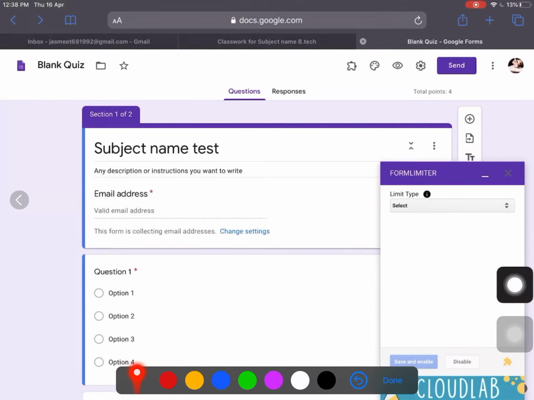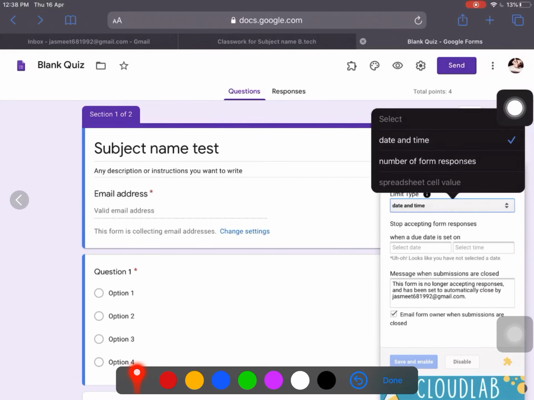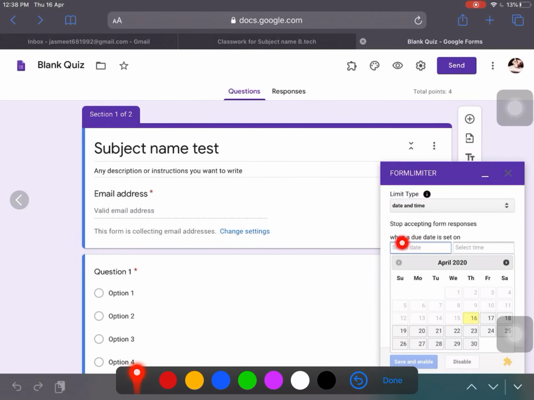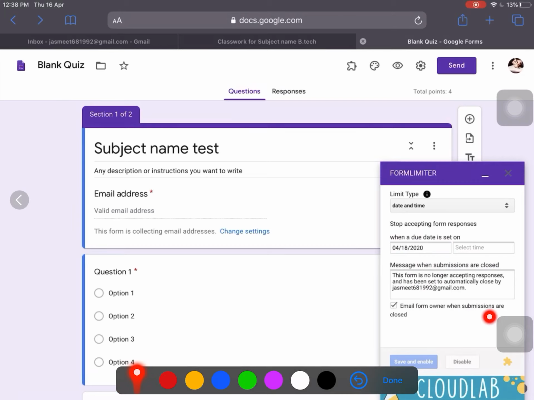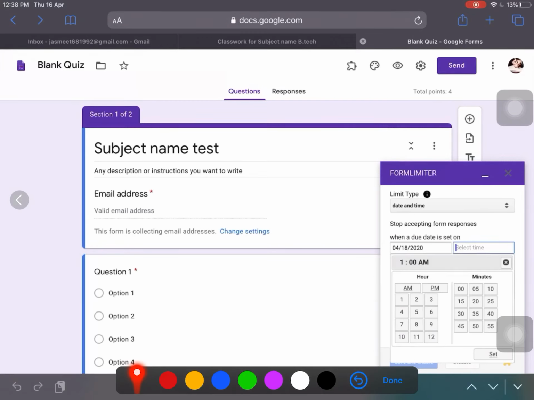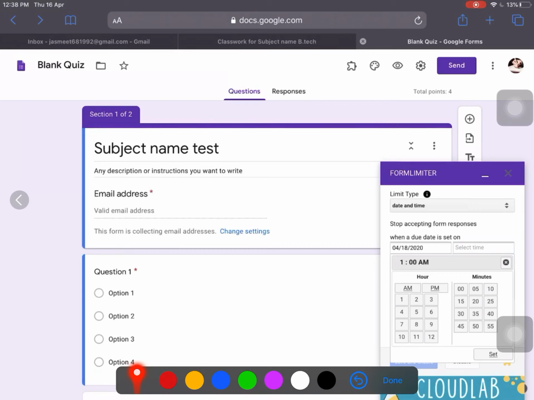You will have limit type. Select this limit type as date and time. Choose the date on which you want to give this form, and select the time when you want to stop this form being available. For example, I have chosen 18 here as a date, and the time I am choosing as 11:50